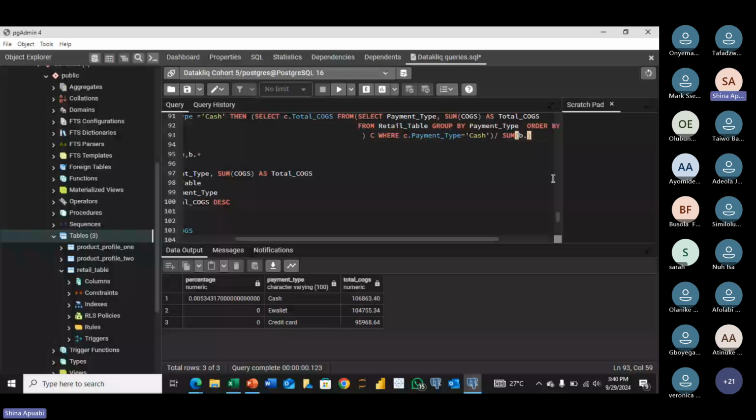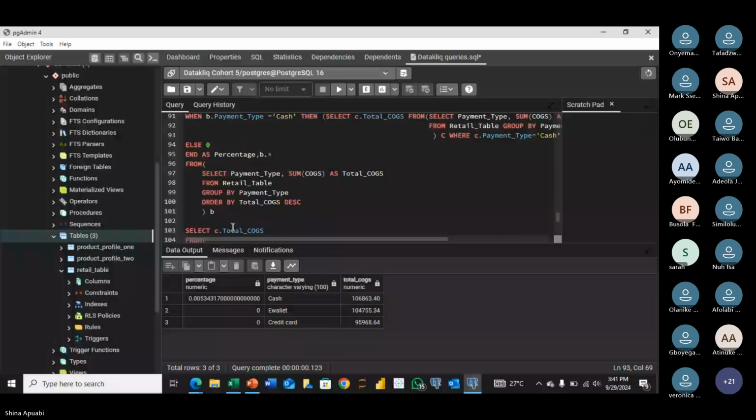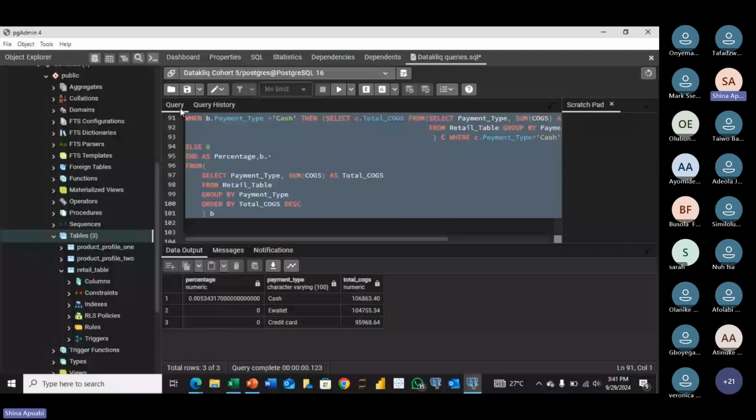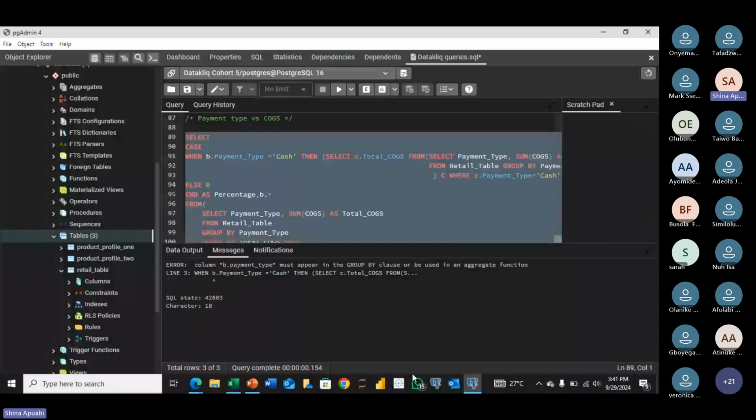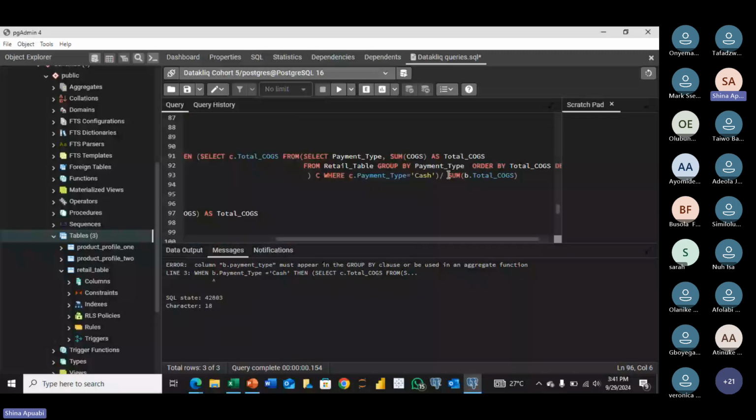So let's run it. Oh, it will require an aggregate function. I get. So we can write this one outside again. We have to write this one outside. That is so that we can view it as a total this time around. So, or we can just say, okay,